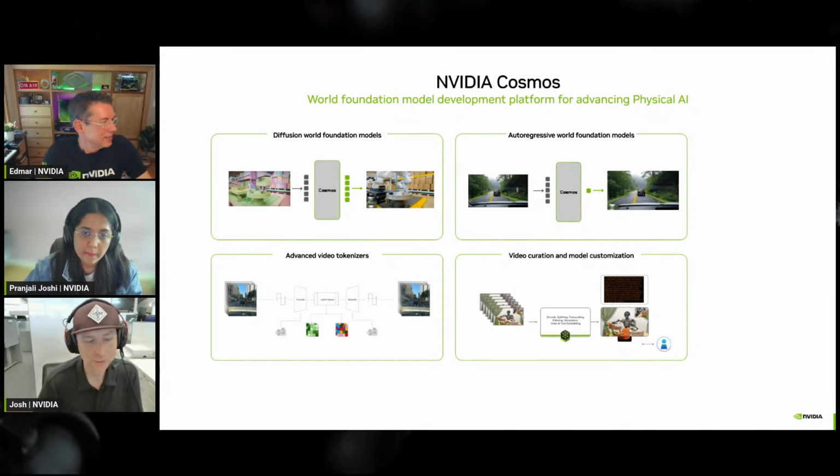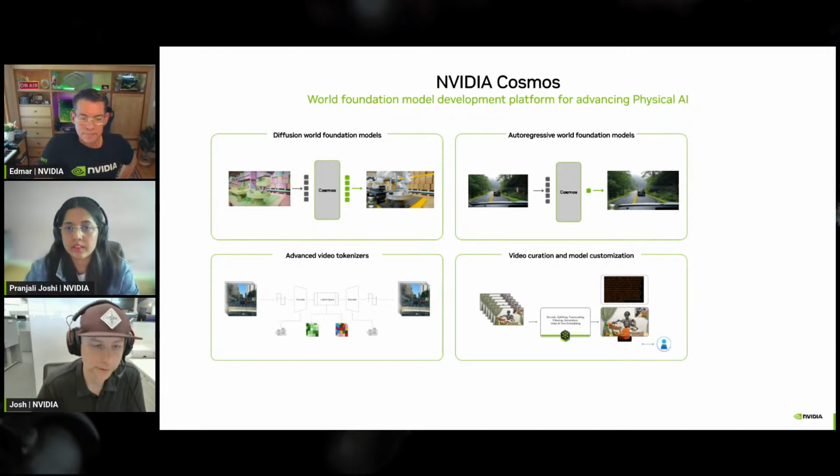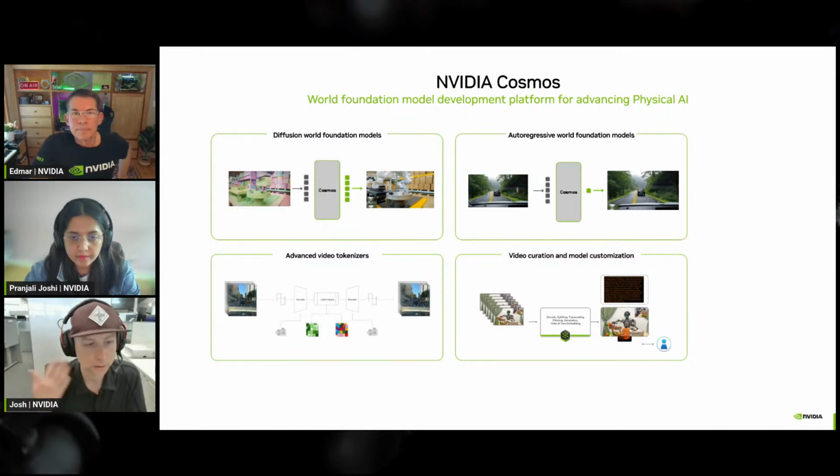Awesome. And so yeah, as Jensen said, Cosmos is purpose built for physical AI development. As Pranjali mentioned in the previous slide, a physical AI is any sort of physical autonomous system, be it an autonomous vehicle or a humanoid robot or a robot arm and so forth.